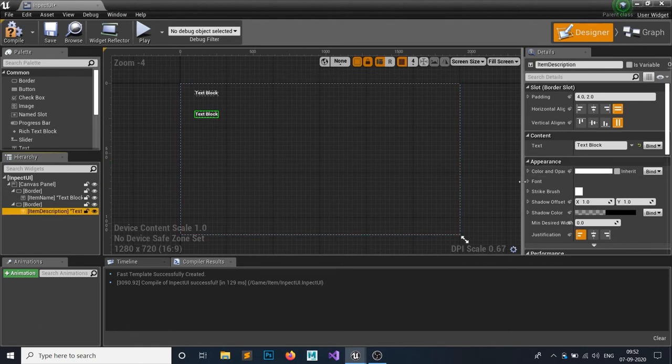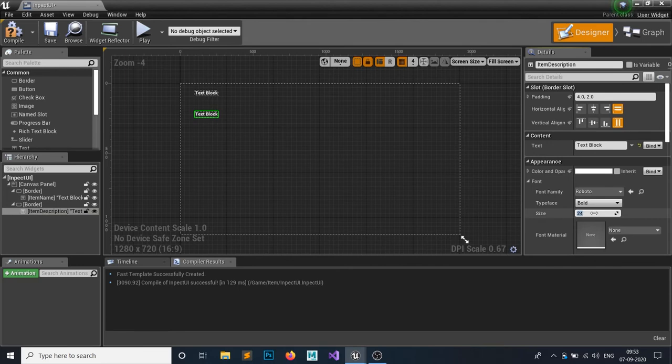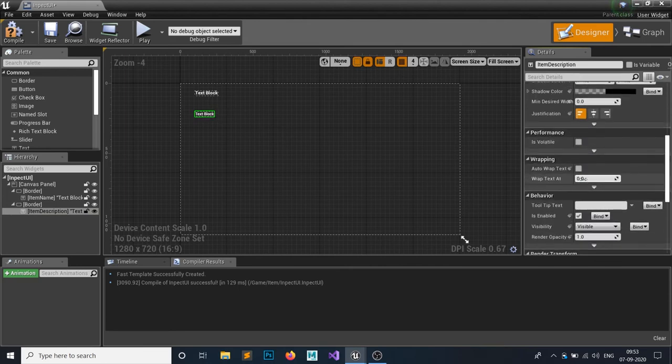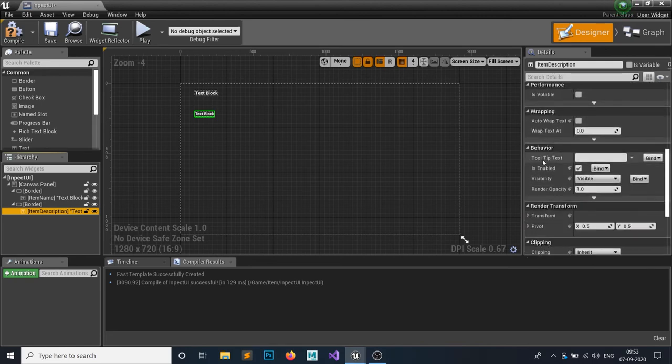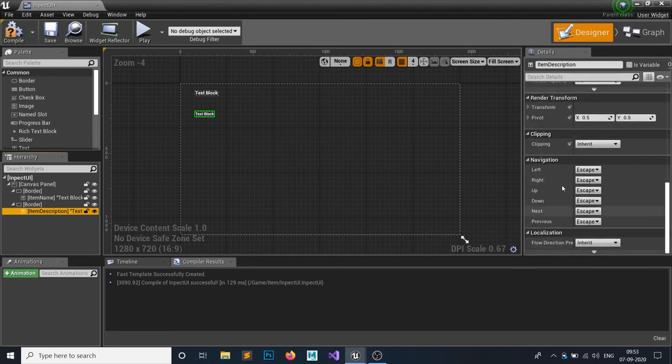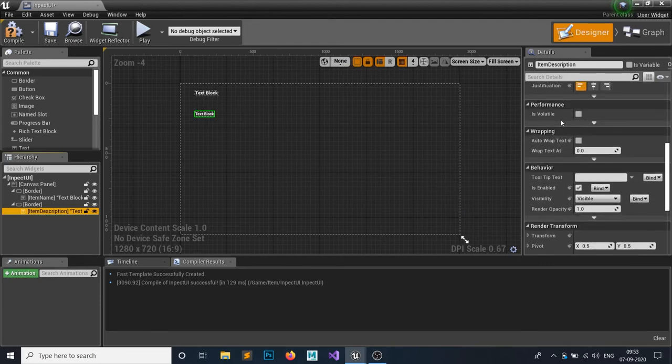And let's make the font size a bit smaller, let's say 20. And in here, clicking this item description, in your details panel, if you scroll down a bit, you can see this wrapping. So what we're gonna do is wrap the content. So let's say 280.